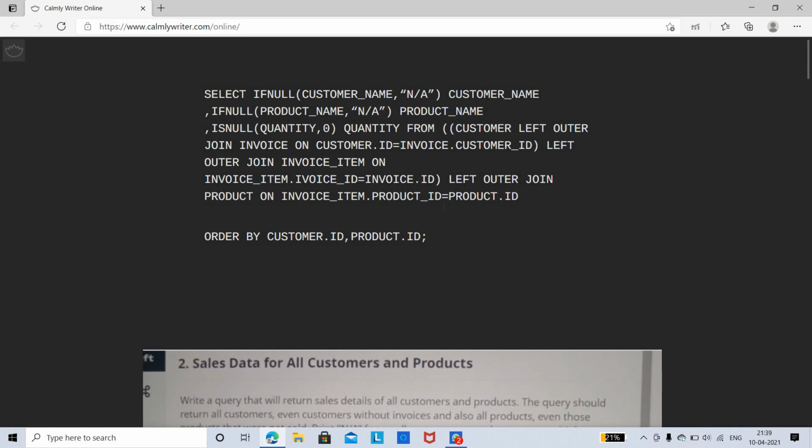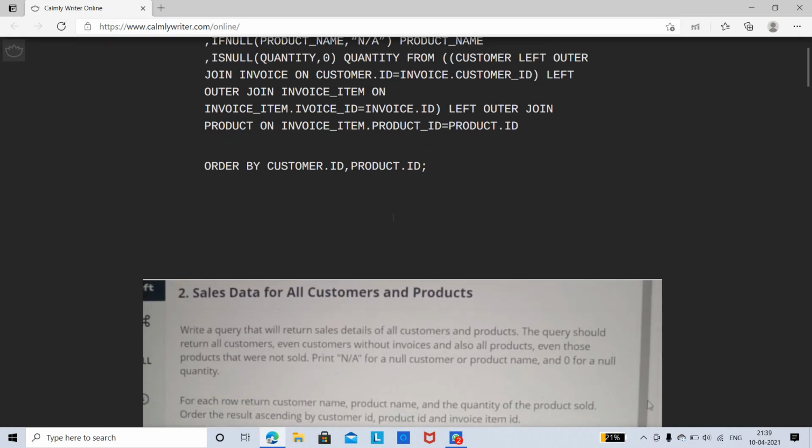Similarly with respect to product. After that you order the result by customer.ID as well as product.ID. So this is the query for this question.